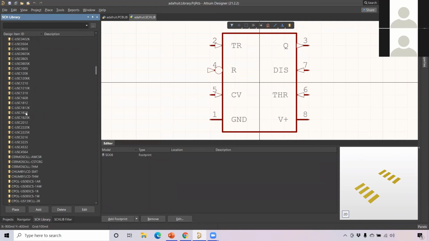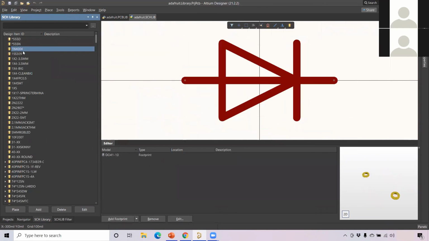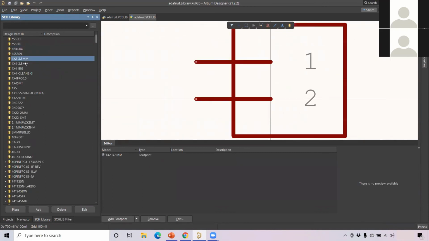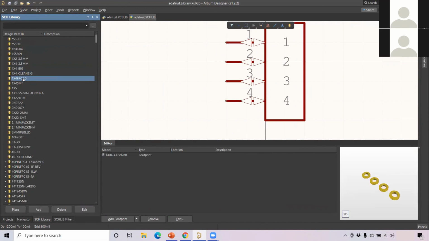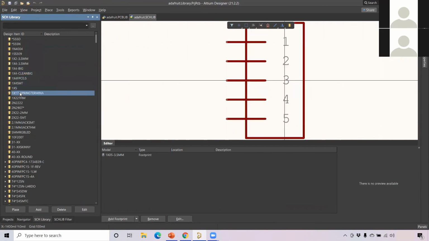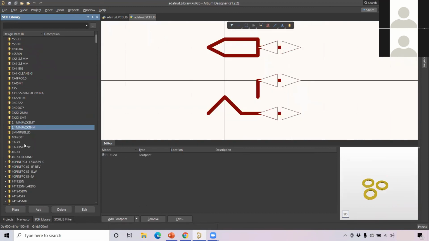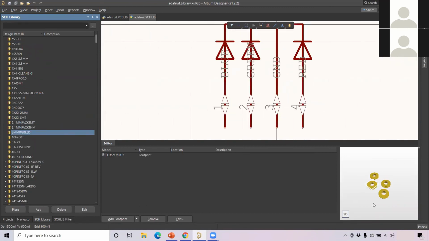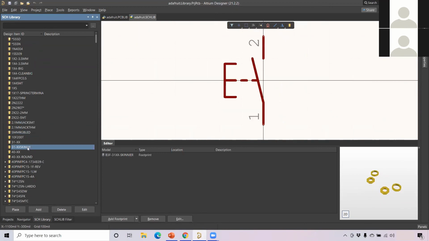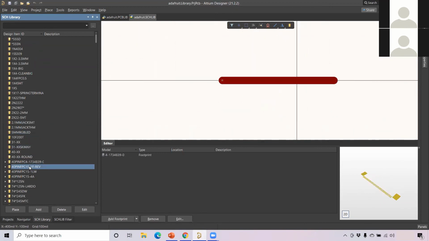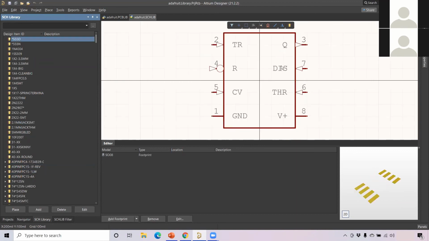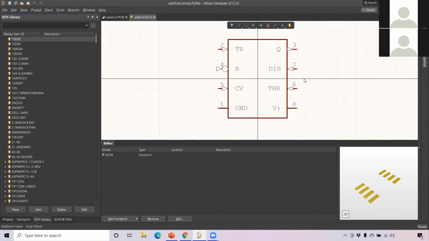If you still want to edit the components, first of all it will show you all the components, and you can see they are brought up here. You can also see their PCB library components, the footprints. Now let me open one of the components here. If I want to edit this component, you can edit it.